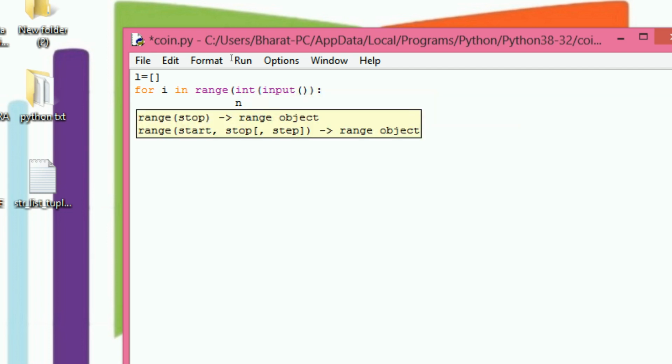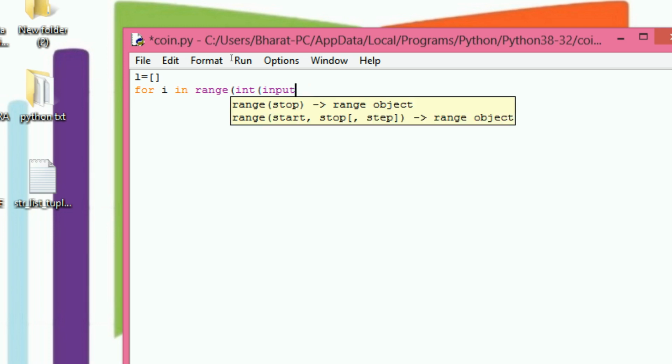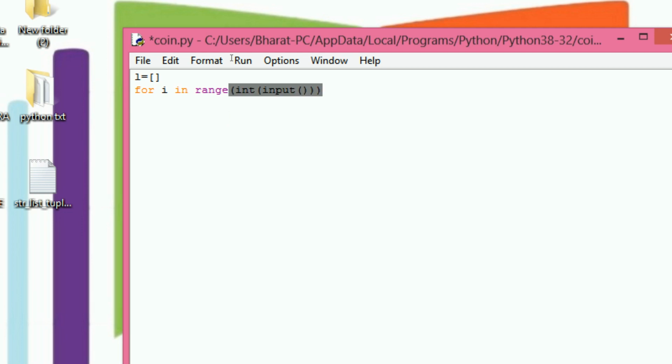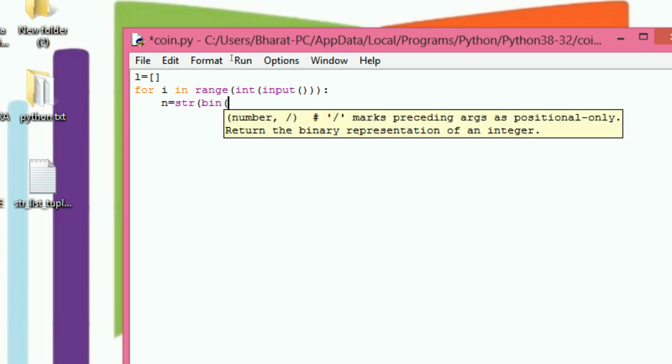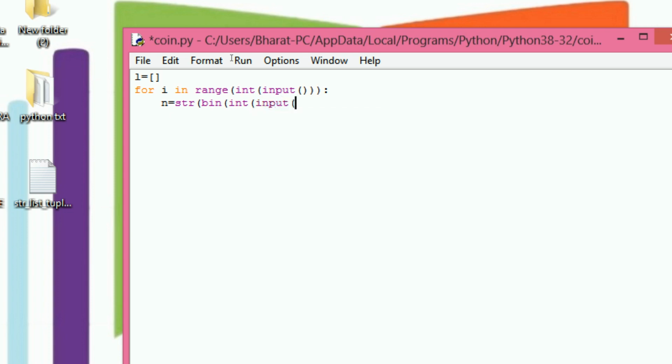Then n equals str of bin of int of input, converting the number into a binary number.